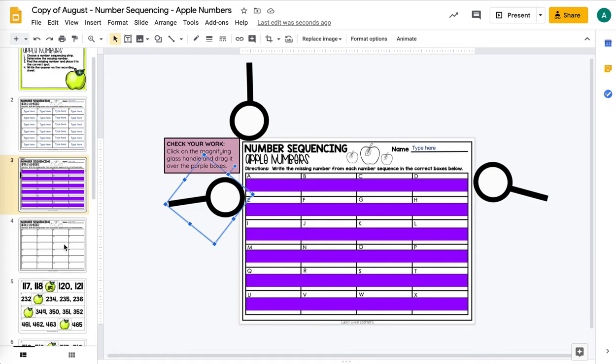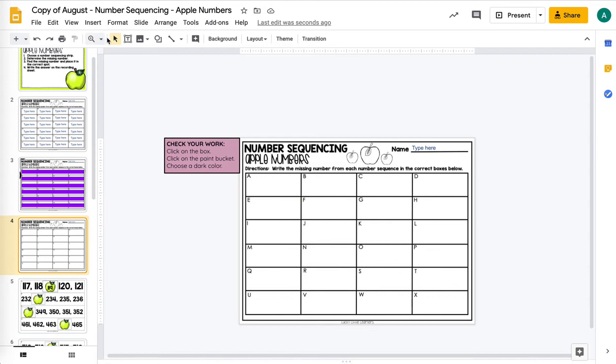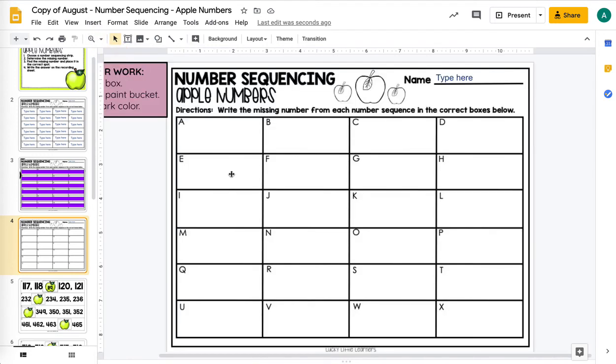Now I'll show you one more way. This way is probably the most fun. They're both fun for the kids, but the first is a little more time intensive to create. The second way is super easy to create. So what you would do, I'm going to make this a little bit bigger, if you want to do